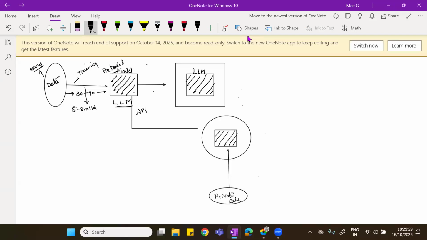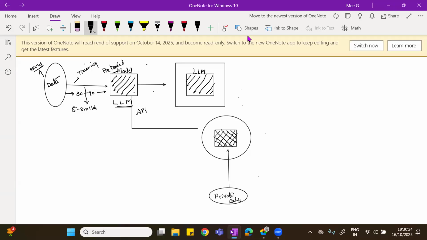Now the LLM will learn from this data and remember it. Previously, it was only exposed to public data; I brought it to my local system, and here I'm giving my private data. It's your responsibility to secure this.